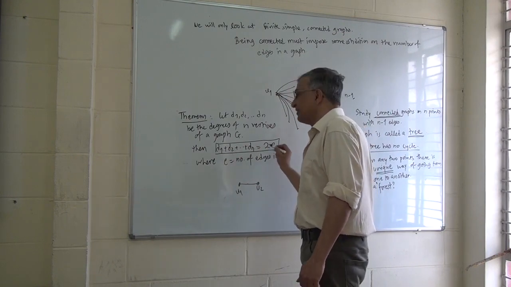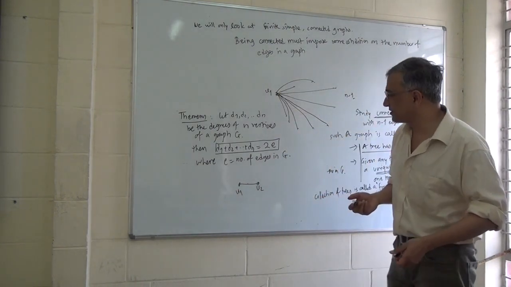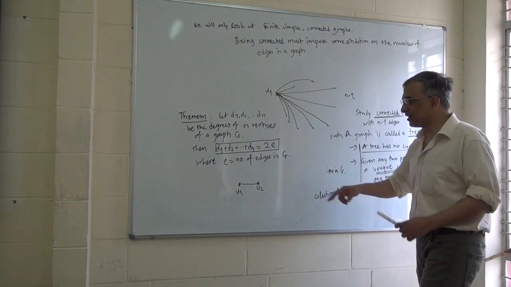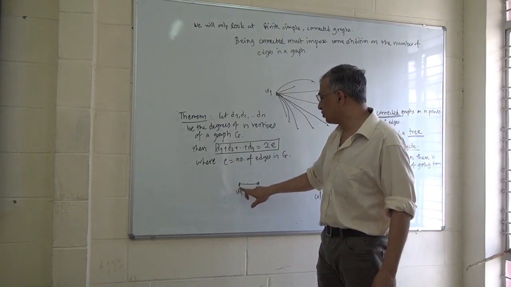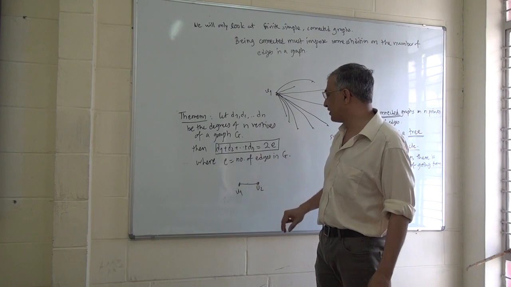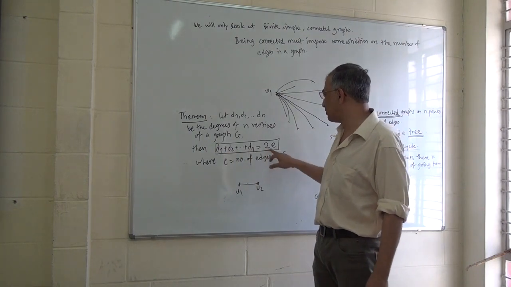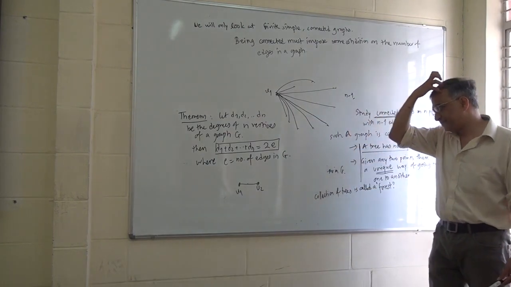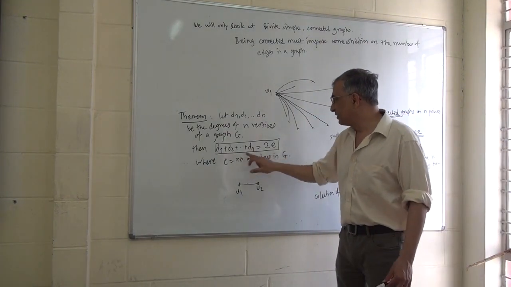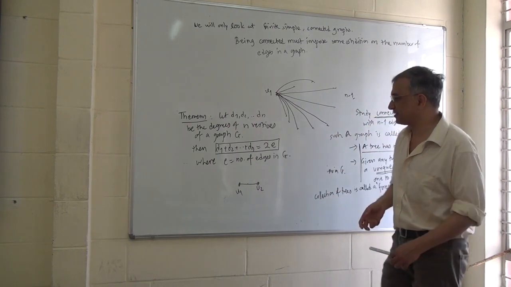So that's the kind of logic. Again, you can check the proof, it's not very hard. This is the logic basically. That one edge gives me 1 plus 1, 2 degrees in this. So therefore, if you take sum of the degrees, it's 2 times the edges. One edge gives 2 degrees. So this divided by 2 must be the number of edges.